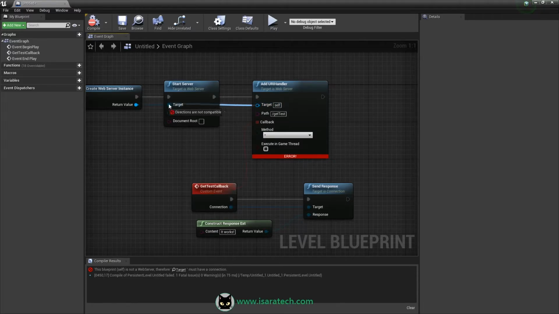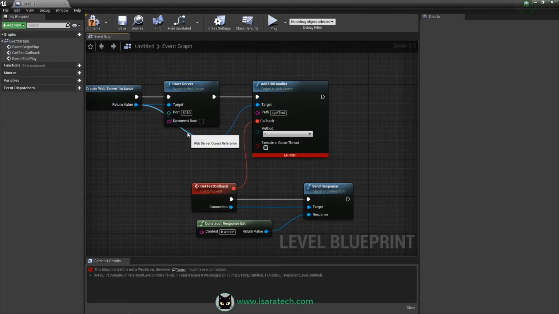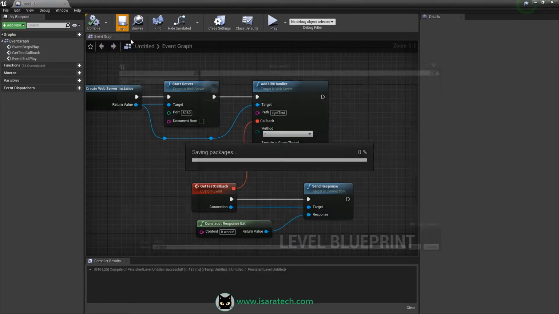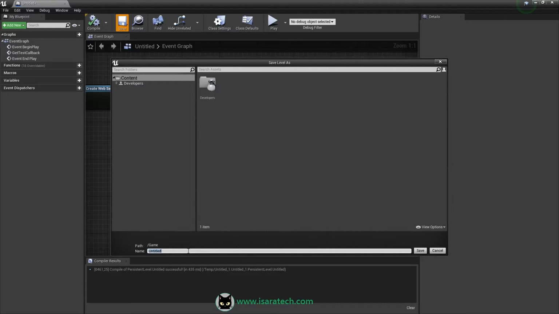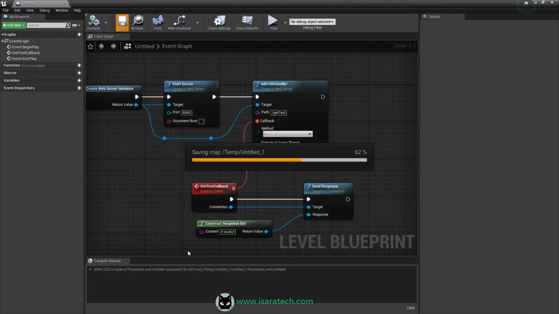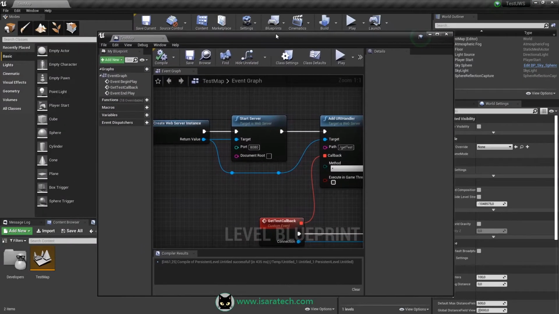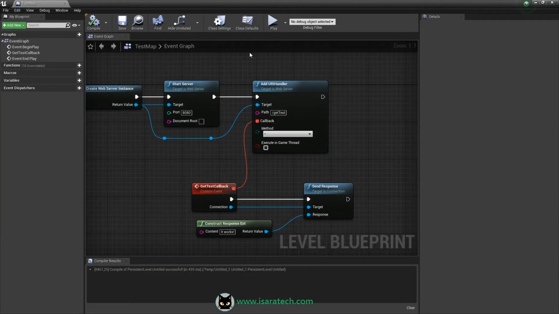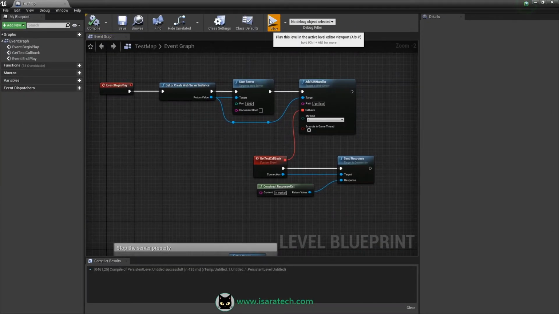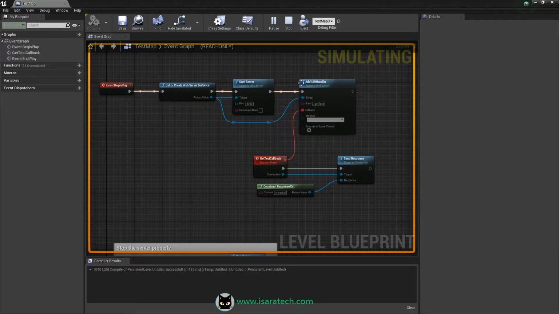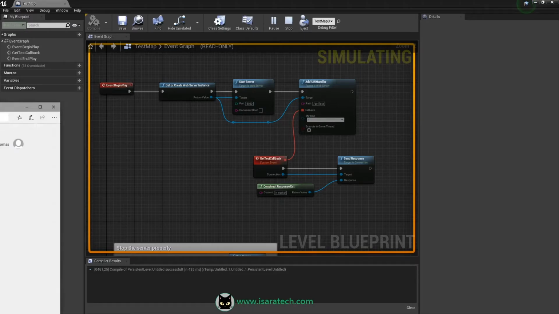Oh, I have this little mistake. Okay, good. Everything is good. I can save test map. Okay, this is my first map. If I play, a web server is created on the port 8080. Okay. I can open